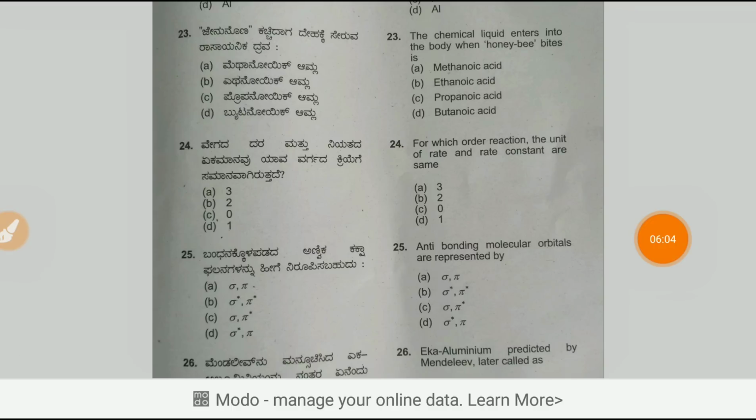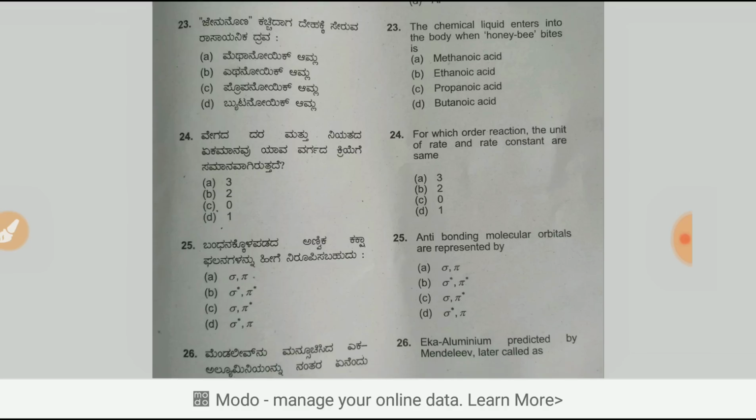Next question, the chemical liquid that enters the body when a honeybee bites is. The right answer is methanoic acid. A honeybee bite secretes methanoic acid. Therefore, we suffer from irritation when a honeybee bites. Then next question,